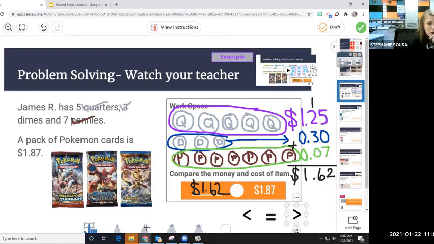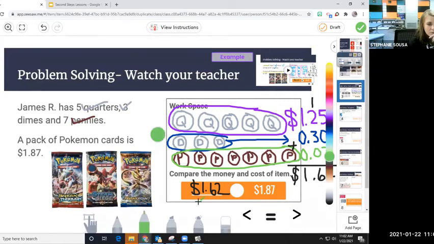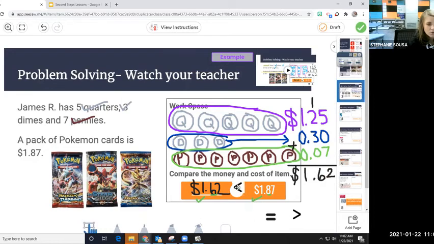My dollars are both the same. 1, 1. Now I look at my dimes. I have 6 dimes and I have 8 dimes. 8 dimes is more than 6 dimes. So $1.62 is less than